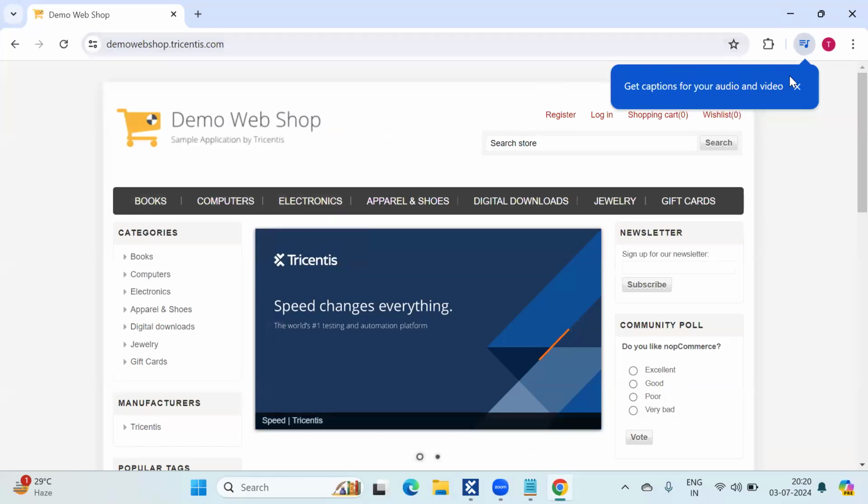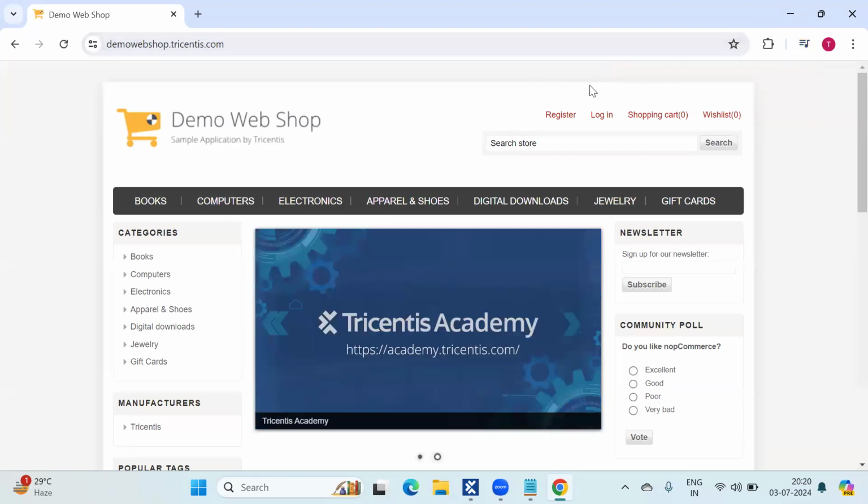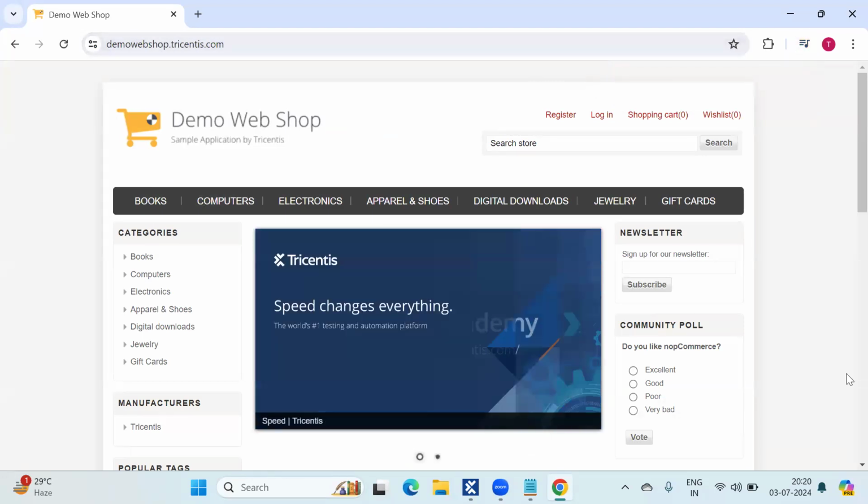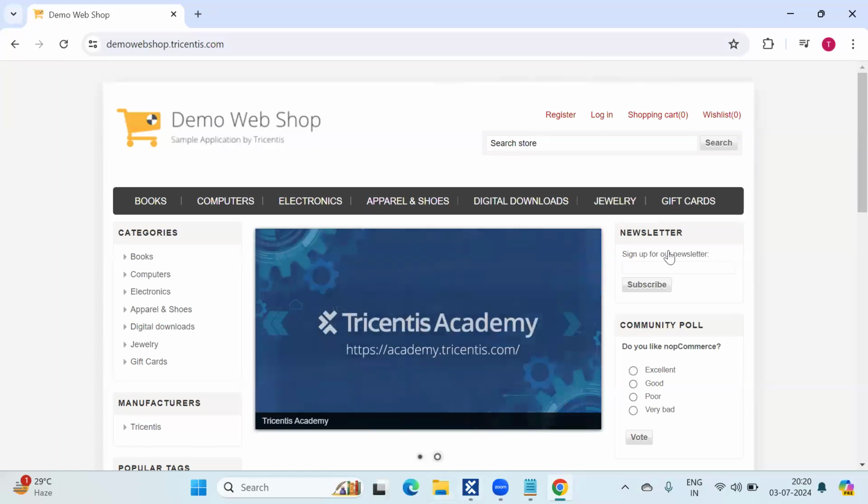Demo web shop is our application. Now, in order to scan this application, before scanning, let me tell you a few things.